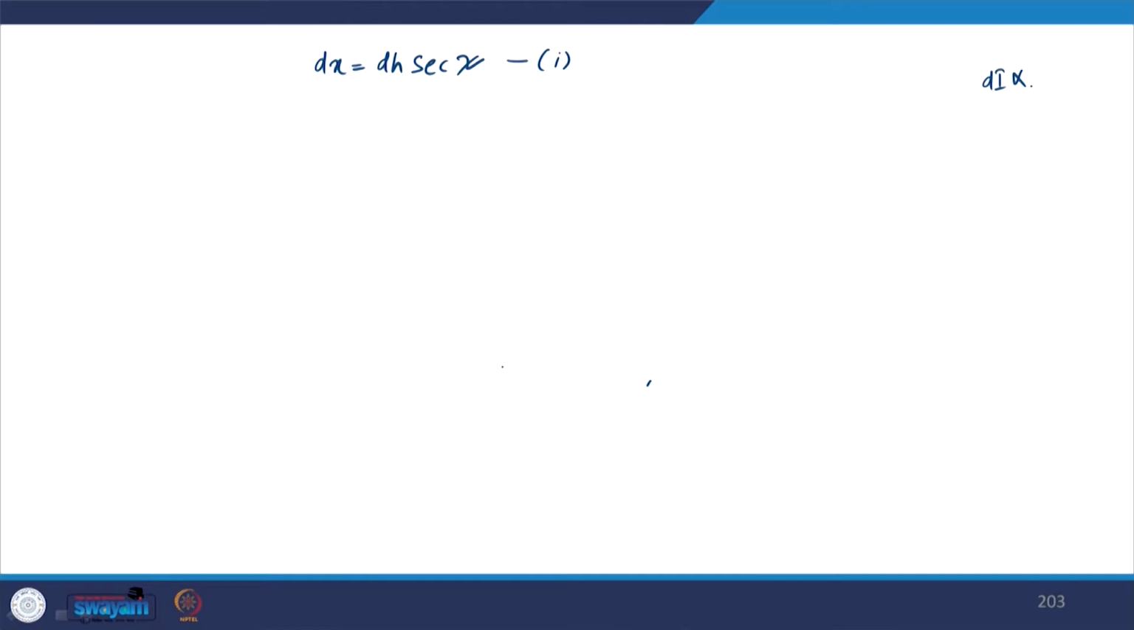So in the last class we stopped at dx is equal to dh secant chi. Let's call this equation 1. Okay. So when the solar radiation passes through the atmosphere, a fraction of intensity is absorbed and scattered by the atmosphere, right? Now in continuation, what we can see is that the decrease in intensity of radiation is directly proportional to, let's say, dI,